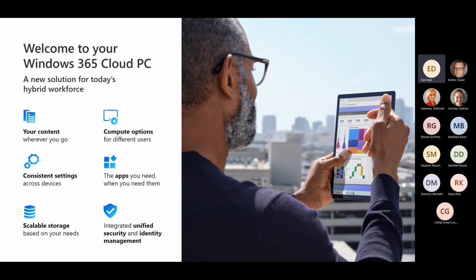The Windows 365 experience has been designed to be versatile, familiar, and productive by delivering users their personalized content, settings, and applications. It's been designed to be simple to deploy and manage from a single console, which is easy for anyone to use. Because this is made by Microsoft, it is secure by design, leaving no data on the device.